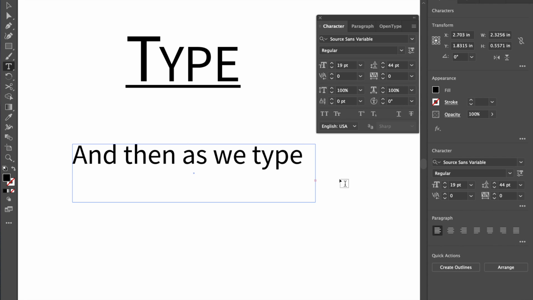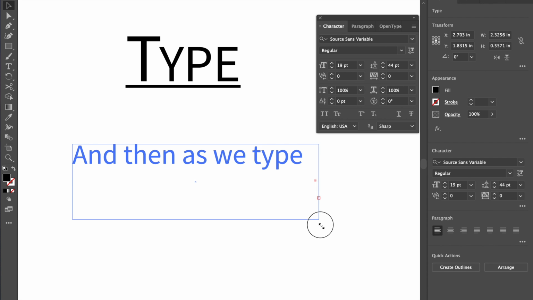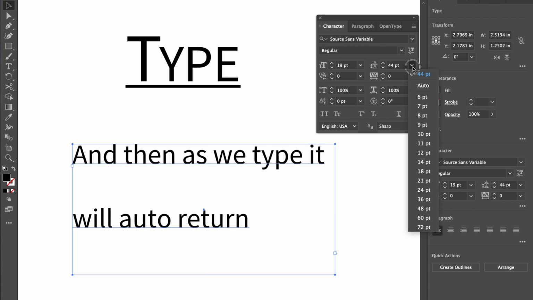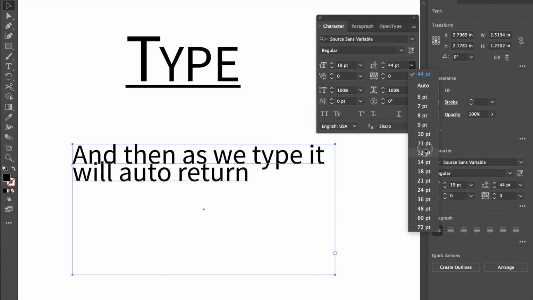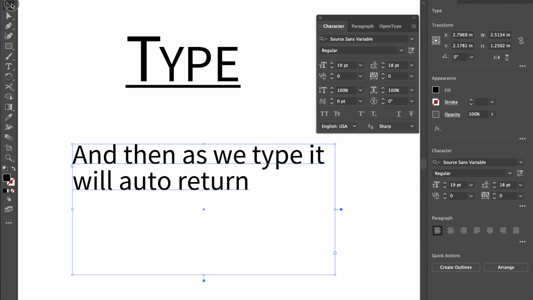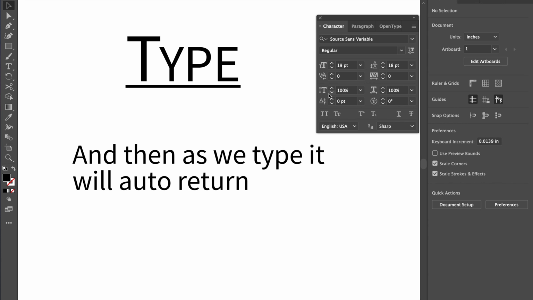It will auto return. Let me change this, we'll drag that down a little bit. All right. And let's go to, right. This kind of type usage is really handy, especially if you're doing columns of type and things like that